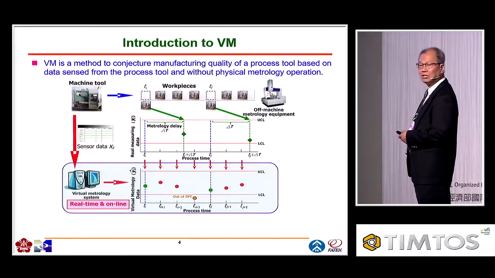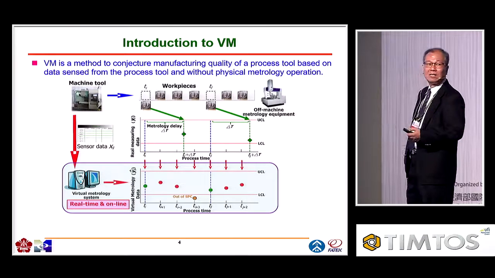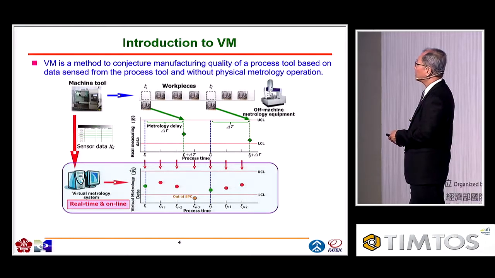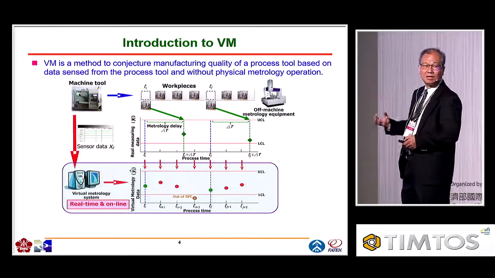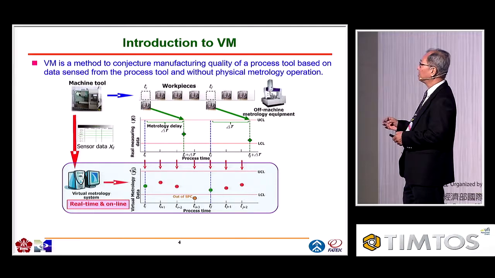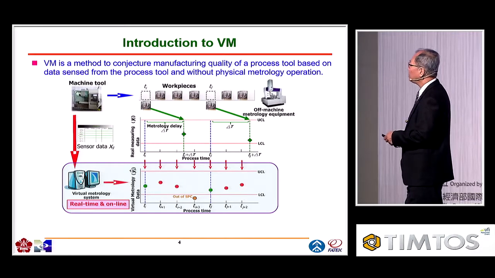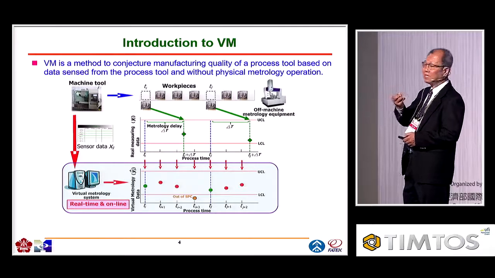What we really would like to do is install the key sensors, for example, the accelerometer, current sensor, and temperature sensor, etc. And of course, we use the ICT technology or IoT technology. We can collect all of this kind of sensor data in real time. And we call this the cause-and-effect relationship, that is the cause.